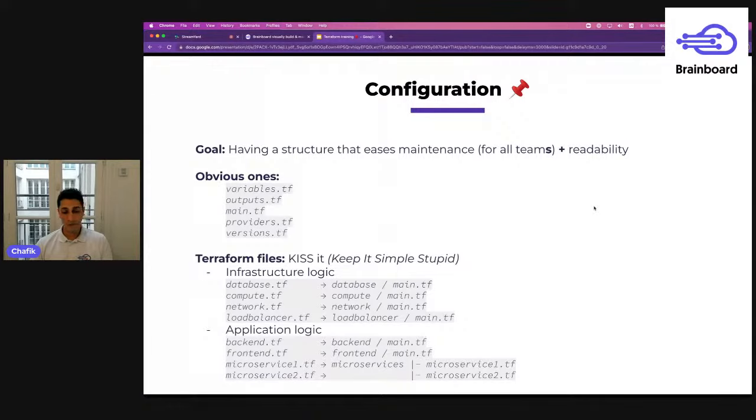And if I'm not a more application logic, so I need to think about, okay, this is my backend, this is my front end, this is microservices one, this is microservices two, and so on, and you organize the information that way. And keep in mind that working with the infrastructure is not just you, it's you, your colleagues, your developers, maybe project managers, everyone who will be working on the infrastructure should be included on how you build